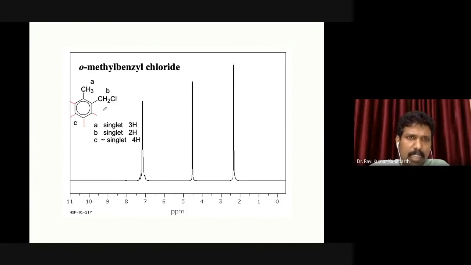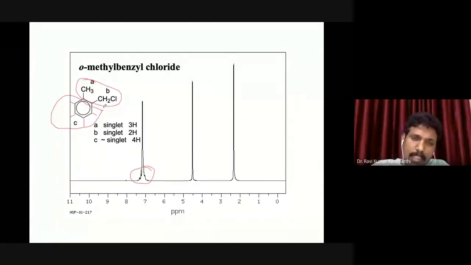So theoretically, we expect 4 different peaks from the 4 different protons on the aromatic ring. But in reality, what happens? They resonate at one position. Especially this is true if the substituents are not very strong in terms of electron withdrawing nature. Then usually they will be seen at one position, and we don't see any splitting pattern.